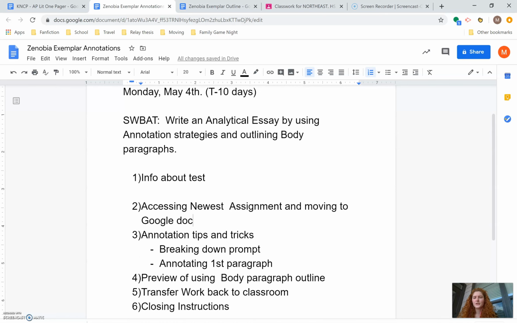For today, I've got our students will be able to statement up on the top of the document here. Students will be able to write an analytical essay using annotation strategies and outlining body paragraphs. The real focus of this is on the annotation strategies. I'm getting really good submissions from students, and even though the submissions are good, the thing that will make your submissions stronger is annotating the passage and choosing really specific evidence and really specific ideas that you're going to explore in the essay. Strong annotations lead to strong writing because it focuses your writing down and anchors it in a very specific point that you're going to prove by the end of the paper, and saves you from losing your train of thought or getting off track.